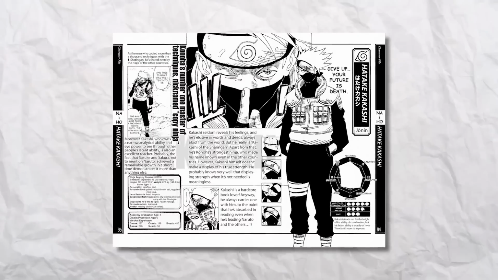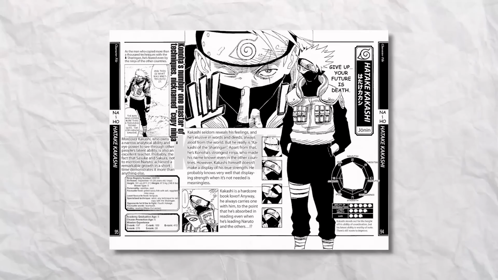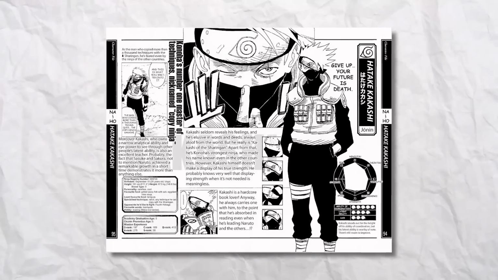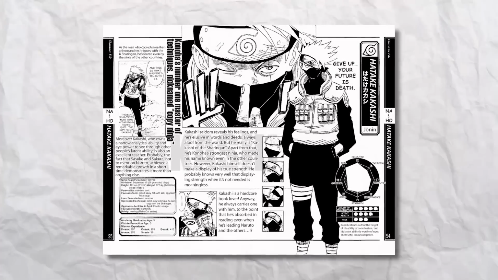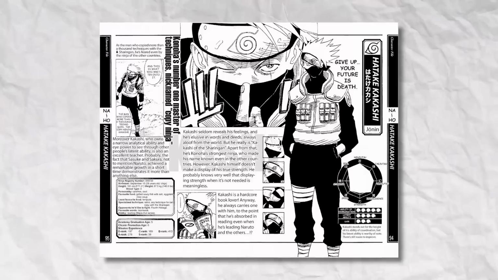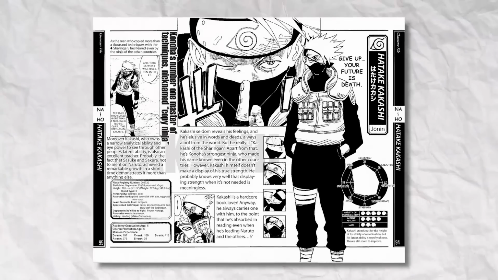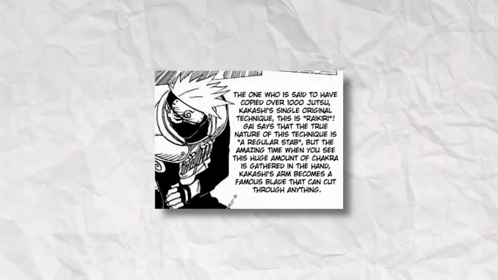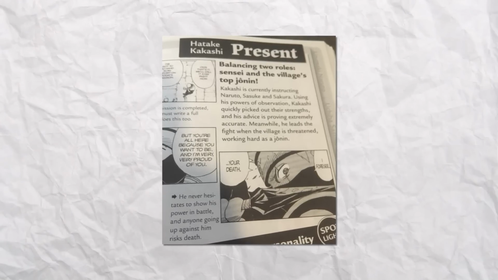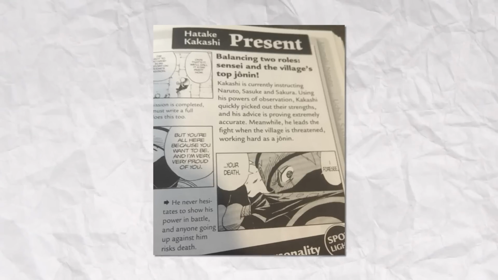But in Kakashi's character file in the first fan book written by Kishimoto, we get a set of interesting statements that I think make this debate go a bit in Kakashi's favor. In the databook, it's mentioned that Kakashi is Konoha's #1 master of techniques, Konoha's strongest ninja, and that his Raikiri can cut through anything. Then in the fan book, we learn that he is indeed Konoha's top jonin.